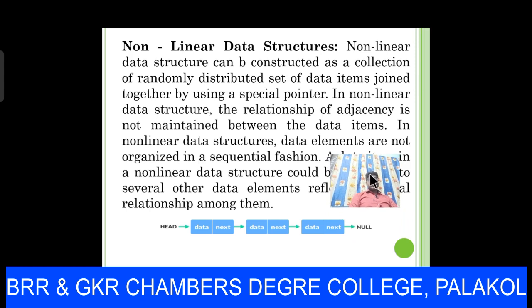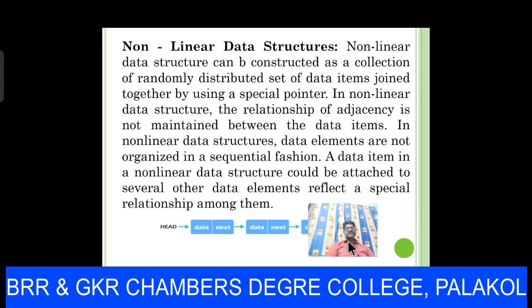Now, non-linear data structures. Linear data structures are already discussed here. That means arrays, linked lists, stacks and queues are the linear data structures. Another one is the non-linear data structure. Non-linear data structures can be constructed as a collection of randomly distributed sets of data items joined together by using special pointers. In a non-linear data structure, the relationship of adjacency is not maintained between the data items.